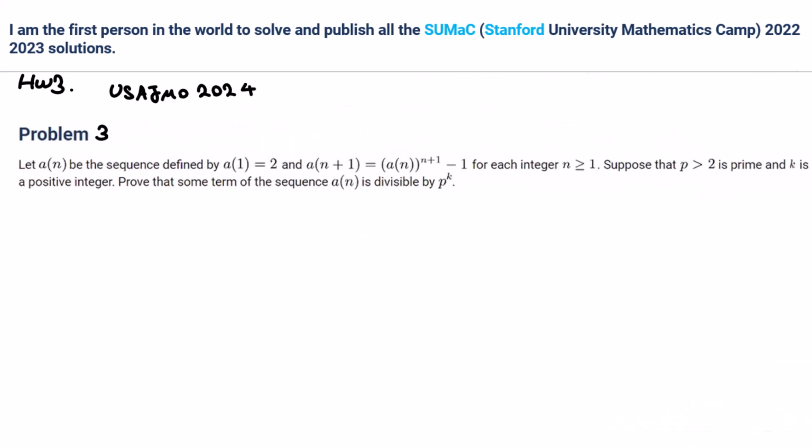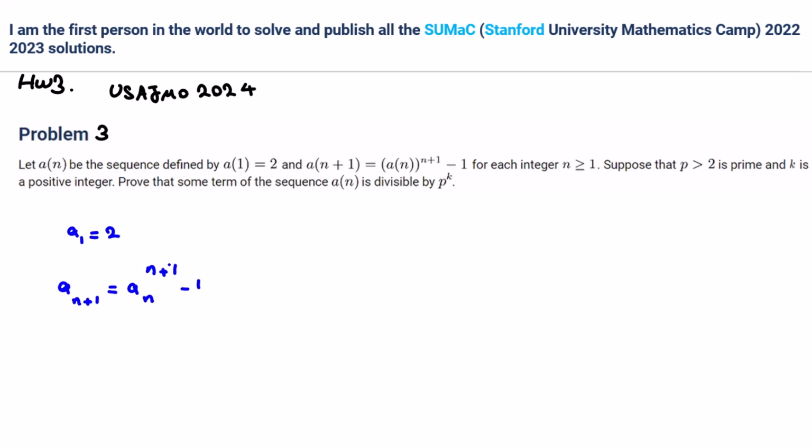It is a sequence. It is a recursive sequence. And a1 is 2. We can write it like this: a(n+1) equals a_n to the power of n+1 minus 1. Then it says for each integer n greater than or equal to 1, suppose that p is greater than